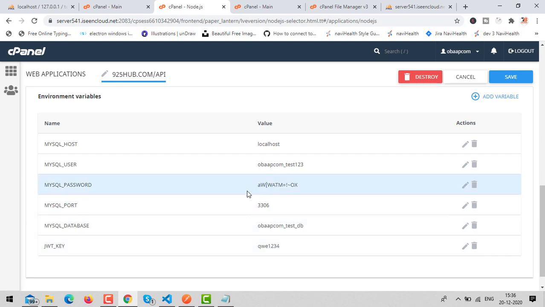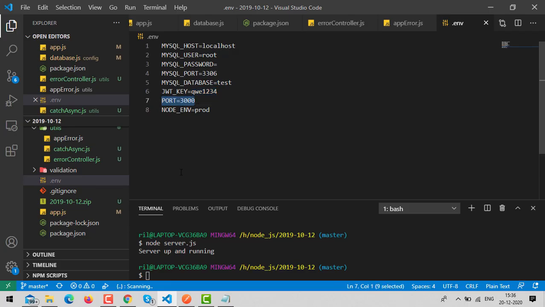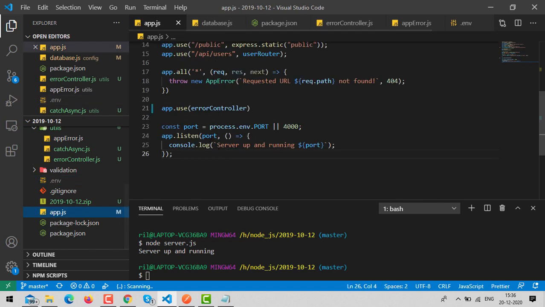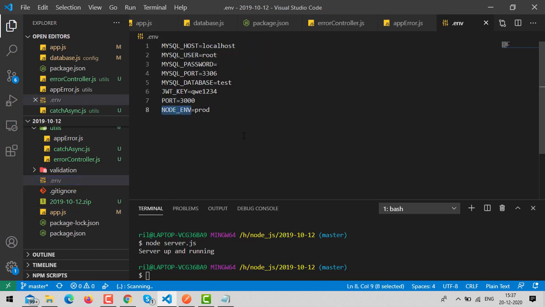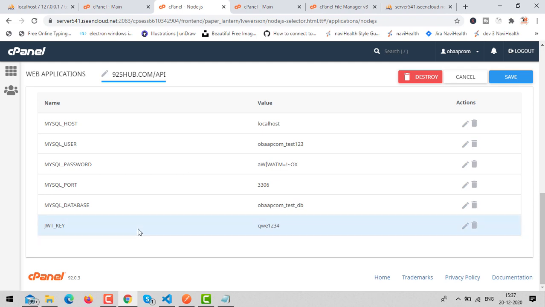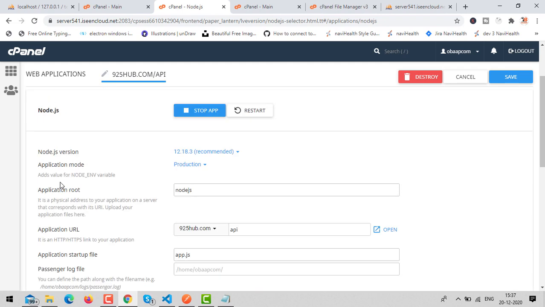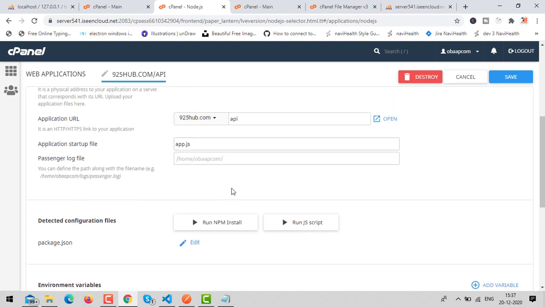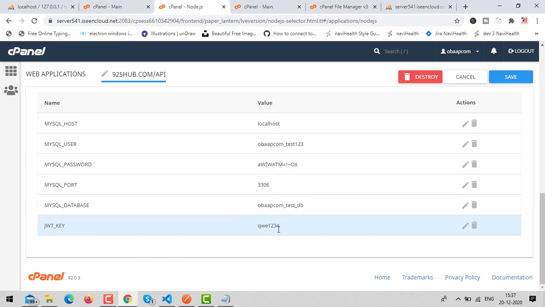Let's go to the JWT key, add this variable as well here. Paste here. Done. Now the port number is not required because on the server we don't need to run our application on any specific port. Instead, just make sure it is blank. So only provide a callback, or otherwise don't provide anything. Just do app.listen and NODE_ENV. I don't need to add this variable here because this environment already has NODE_ENV added, and its value will be production. So that is also not required here.